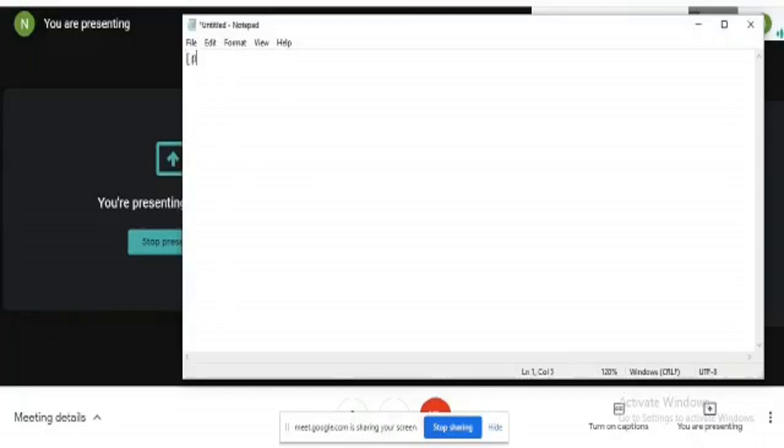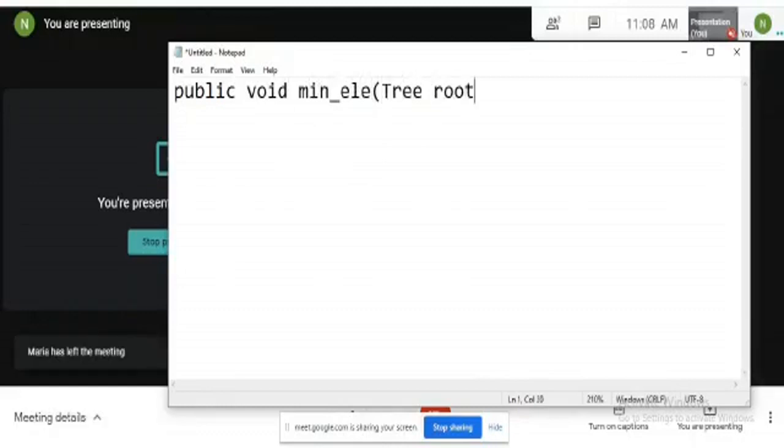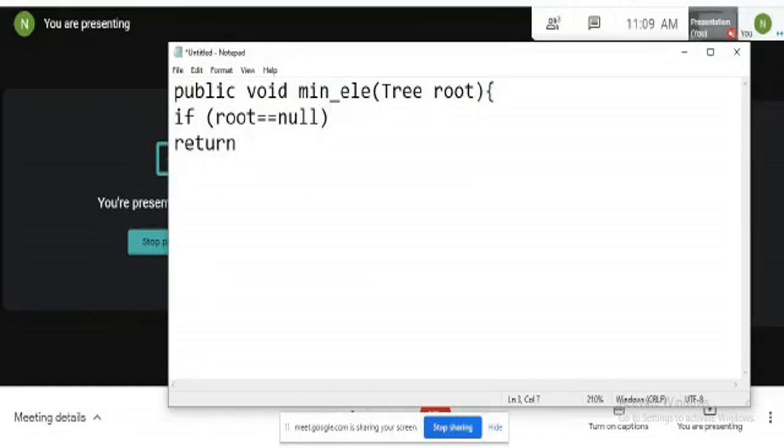So starting from the root node, if the root is null, return. Else, while node.left not equal to null, move to the left.